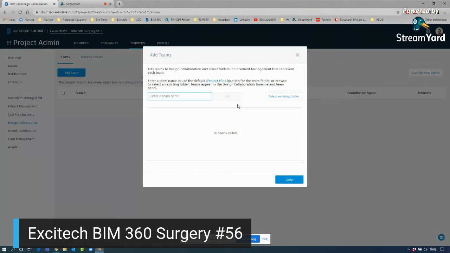What we now have is a little update to the add team screen. So it's a little bit more unified and easier to understand. So we can then add teams. We can give it a team name. So I can say